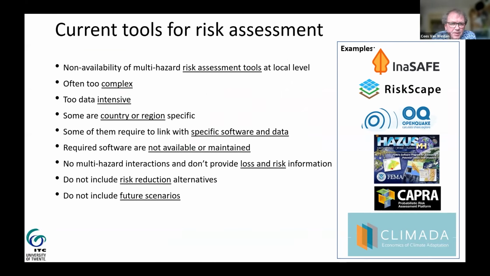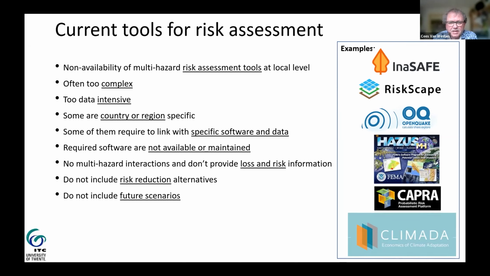There have been a number of tools developed over time, but all of them have certain limitations. So they would be either too complex, working for a specific area, they are not available or maintained anymore, or they don't include the options to look at future scenarios or risk reduction alternatives.